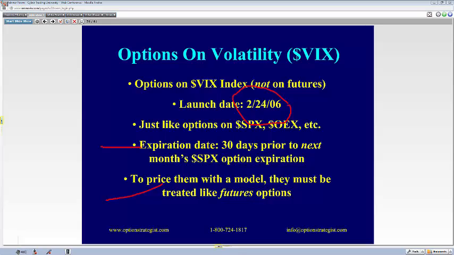Here, this is a little bit different. The options on VIX trade off the futures as their underlying, not off of VIX itself. At the very last day, yes, they do come into the price of VIX, but during their lifetime, they trade off the price of the futures. And this people can find quite confusing. In fact, I still think quite a bit of the brokerage software gets the deltas